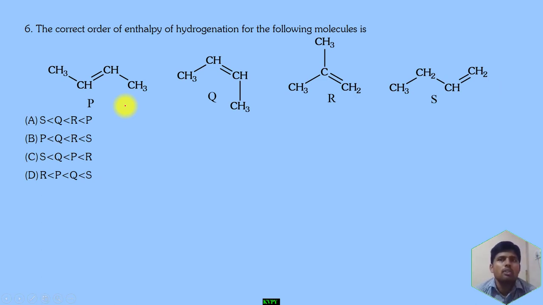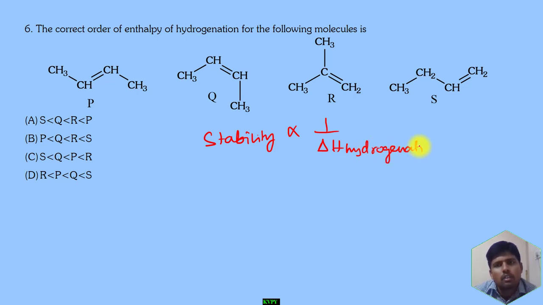Yes, you can pause the video and solve also. The correct order of enthalpy of hydrogenation for the following molecule is, okay, so we all know that stability is inversely proportional to enthalpy of hydrogenation as well as combustion actually. But here they are unsaturated compounds, so we have enthalpy of hydrogenation. Now let us first understand the order of stability, then we can surely find out order of the enthalpy of hydrogenation. Of all this, if you see,